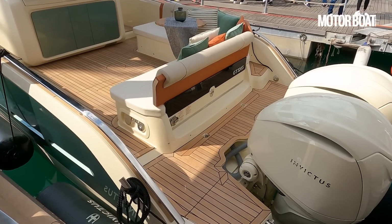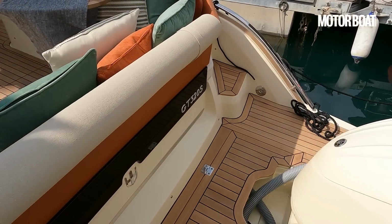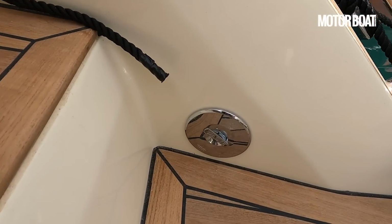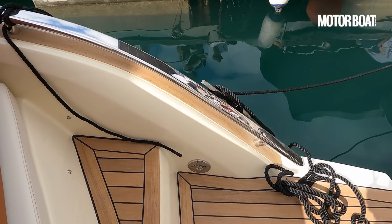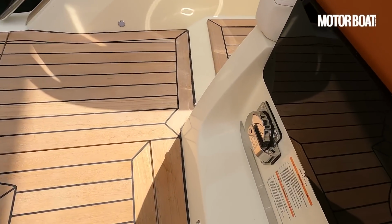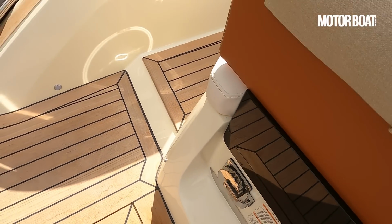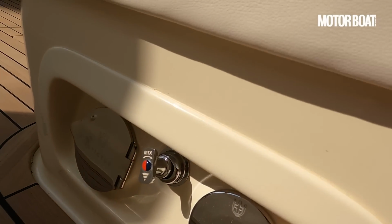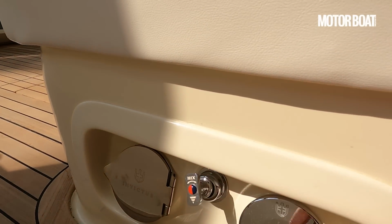Step on board and it's immediately evident that Invictus likes to keep the raw practicalities of boating tucked neatly out of the way. At this aft platform you can see we have the waste outlet on the starboard side. We also have the shore power tucked neatly on the aft edge of that cockpit bench, and in the side of the cockpit bench we've got the water filling point plus the transom shower and a little mixer tap to